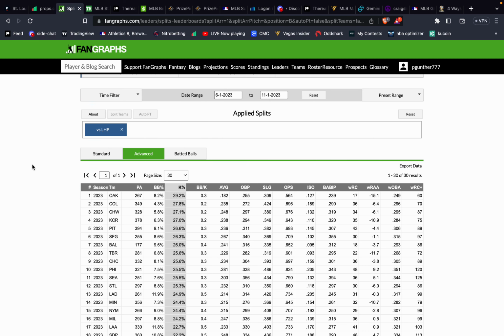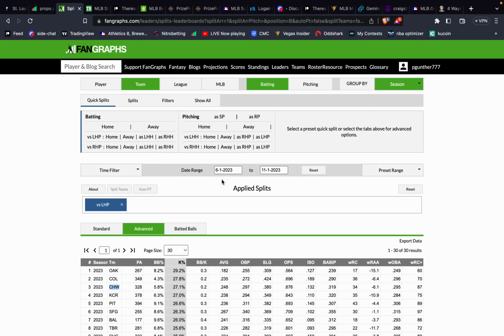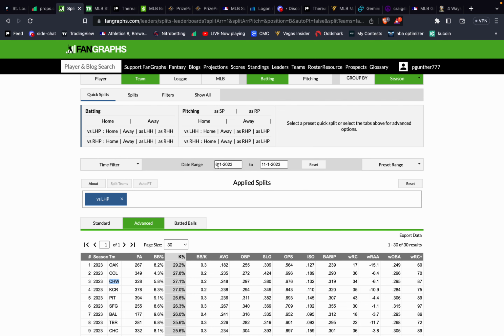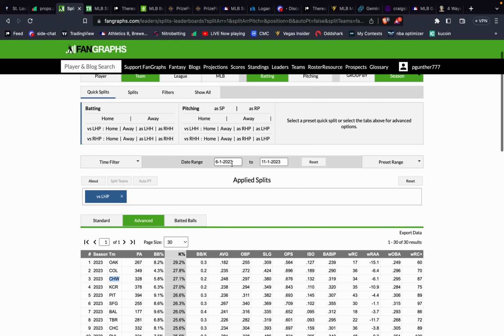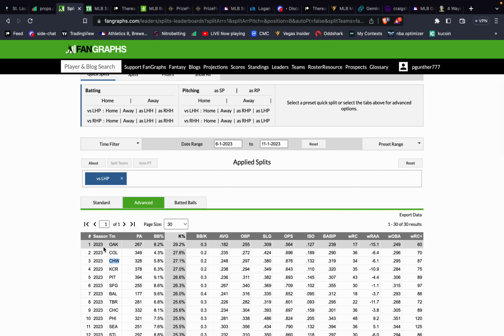and the strikeout rate of each team. And if we look to the Chicago White Sox, this is over the past 30 days or so, guys, from 6-1. I want to keep it as recent as possible while still having a good sample size, and I think that 30 to 45 day range is right about where you should be. And over this time period, the Chicago White Sox